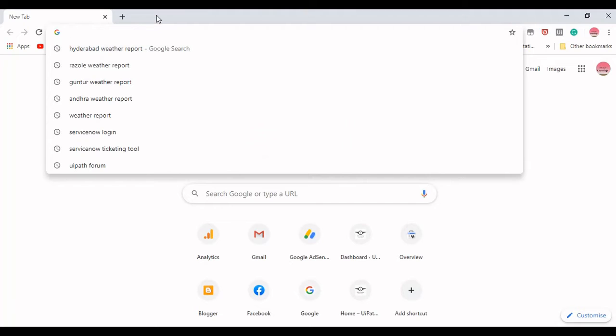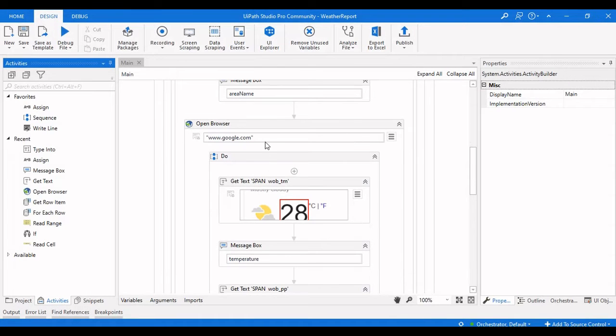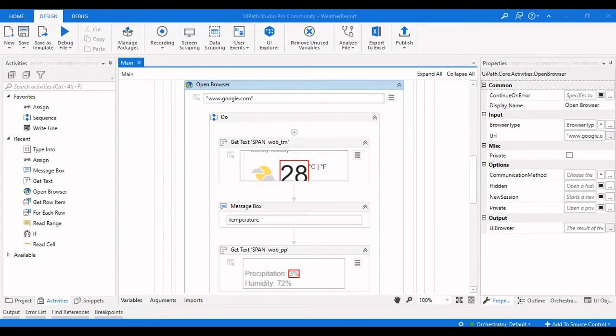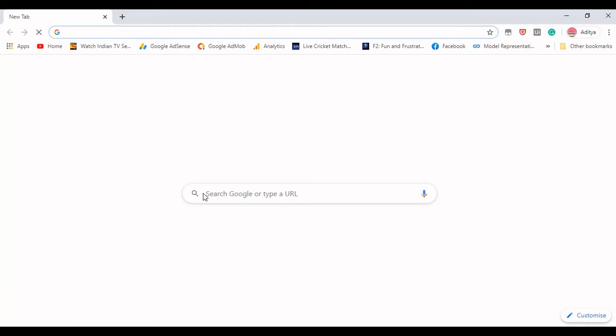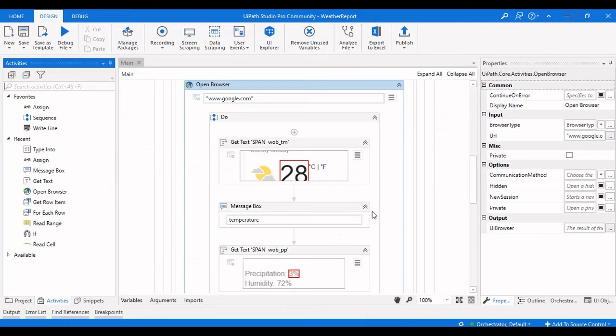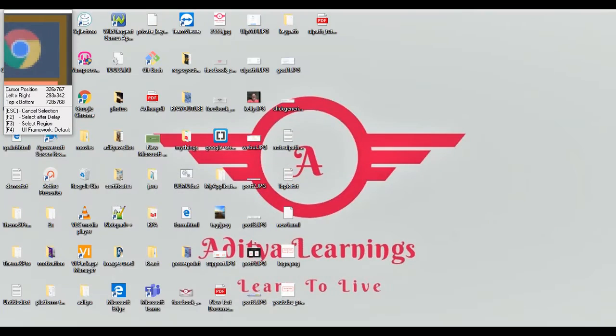So it's taking multiple URLs to execute. So what we will do is we will open Google first, and then we will type the information that needs to be searched in the search console. So first we need to drag a type into here and then indicate it in the browser.